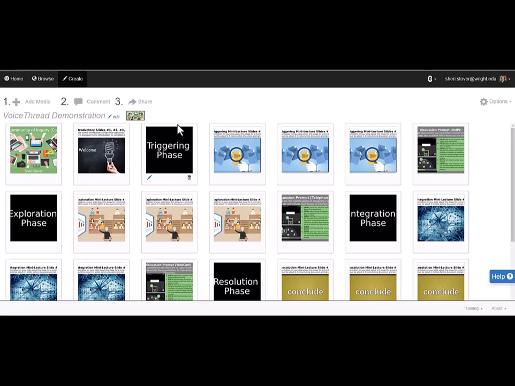Then you'll have these signaling slides that will introduce each phase, so the triggering phase. Then there will be some mini lecture triggering slides, maybe 3 to 4. Then you will have a discussion prompt slide, and then another signaling slide, the exploration phase, to indicate that phase, and then some mini slides for the exploration, so maybe 3 to 5 of those, and then a discussion prompt